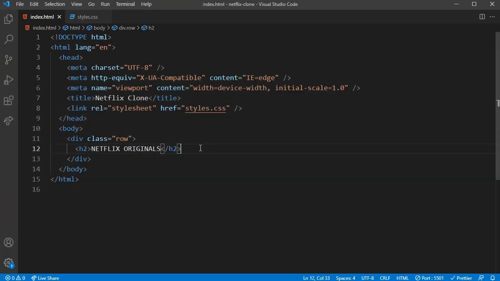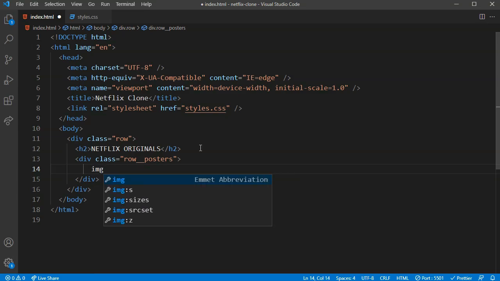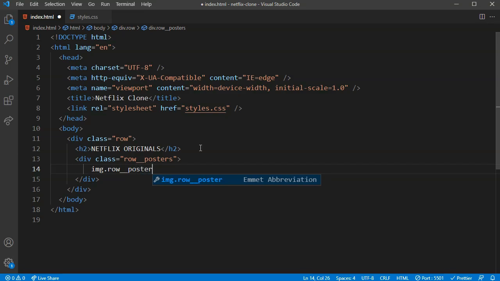Okay, right after that, we are going to have those bunch of movie posters, right? So let's define those. I'm going to define a separate container for that, which is going to have all those images. I'm gonna name it as row posters. Okay, inside of this division we are gonna have all of those movies. So here I'm gonna define an img tag with the class name of row underscore row poster, and we are also going to have another class